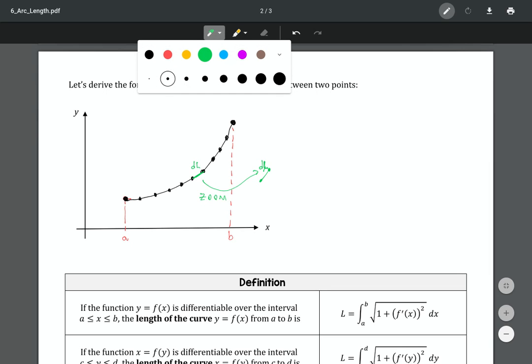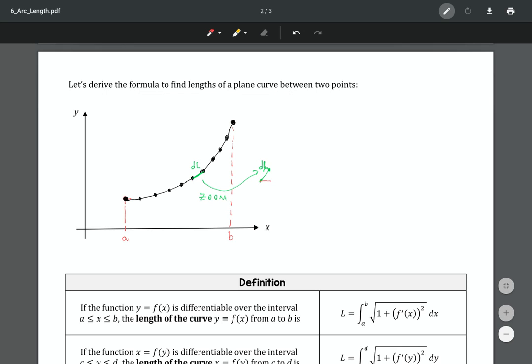In order for me to find that, instead of just writing the change in x and the change in y, in this case, I would find the infinitely small length in x and the infinitely small length in y. Okay? So now, if I'm trying to find dl, or that distance right there, dl is going to be equal, and let's call L, by the way, the arc length. Okay. So dl would be